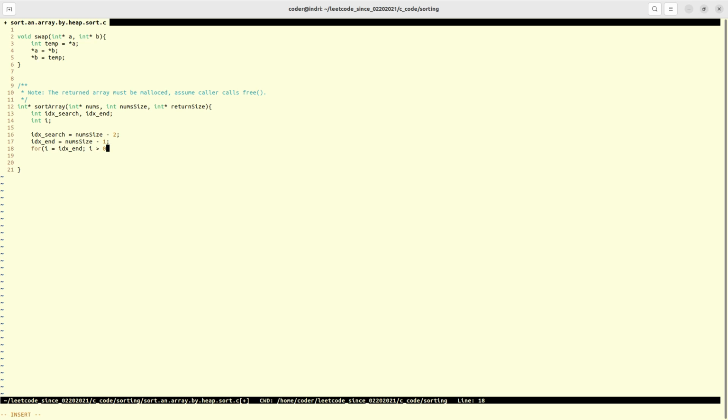Once i is greater than or equal to 0, we could still do that. i minus minus. Okay, so in the loop,